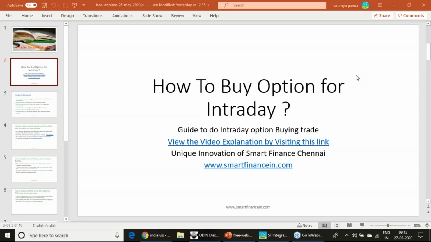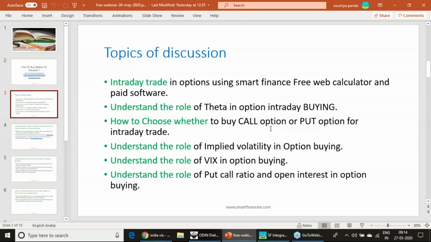Many traders, those who are involved in this market, specifically intraday traders, prefer to buy options. Buying of options is their priority. So how can they do that, what processes are involved, how can they make a correct choice of a call option or put option, and when should they buy those options.